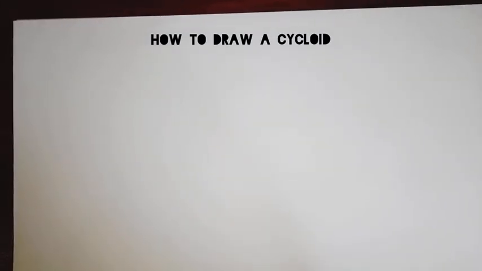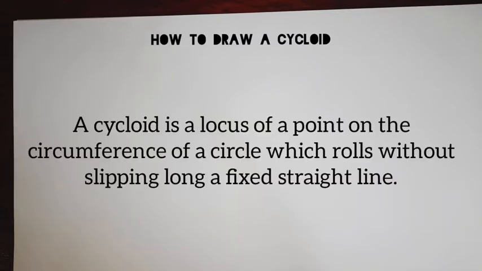Hello, welcome. Today we are going to look at another application for locus, and in this case we are going to draw what we refer to as a cycloid. Now we have to understand the meaning or definition of a cycloid. A cycloid is a locus of a point on the circumference of a circle which rolls without slipping along